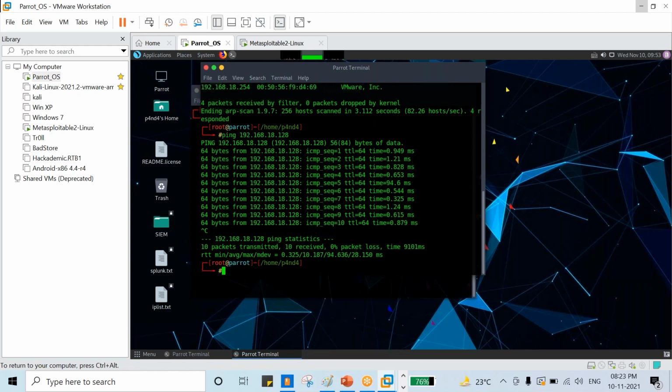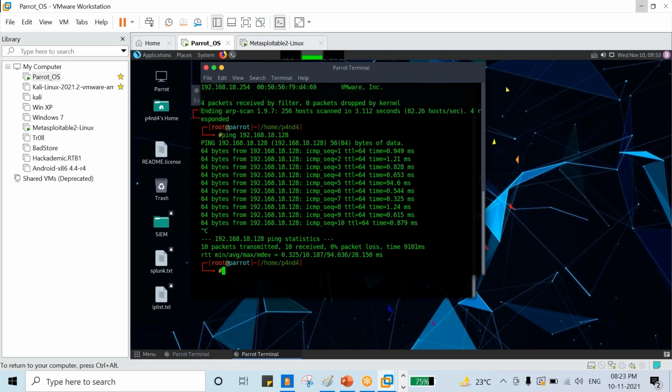And we have done two steps. One is whether the host is up or not. Yes, we are getting the reply, so the host is up. The first step is done, right? The second step is we found whether it is our target or not, right? Based on the TTL value, we just confirmed that our target is Metasploitable. That's fine. Now I will do the Nmap scan.